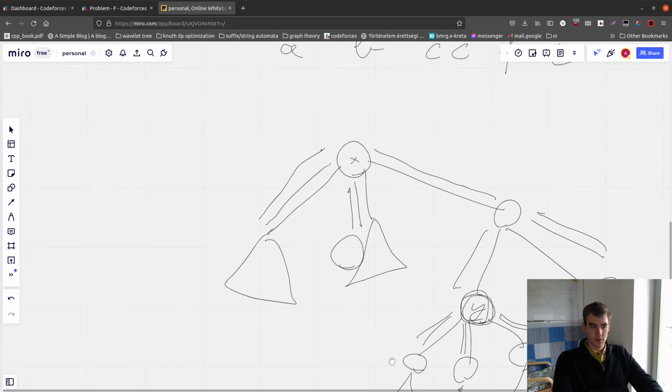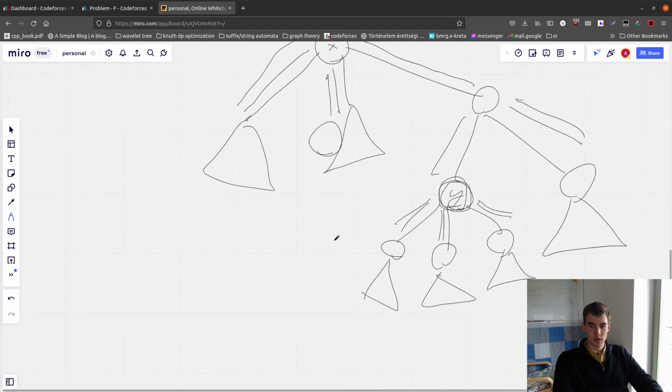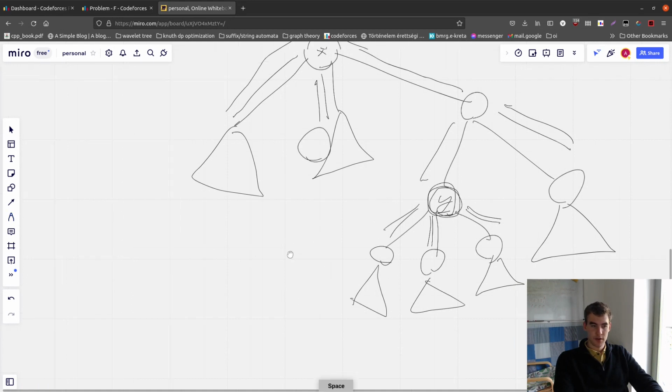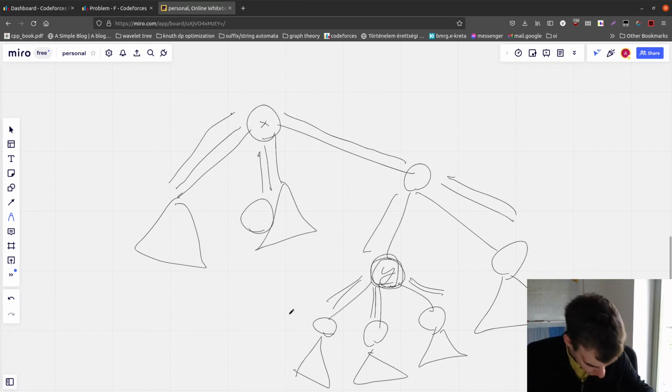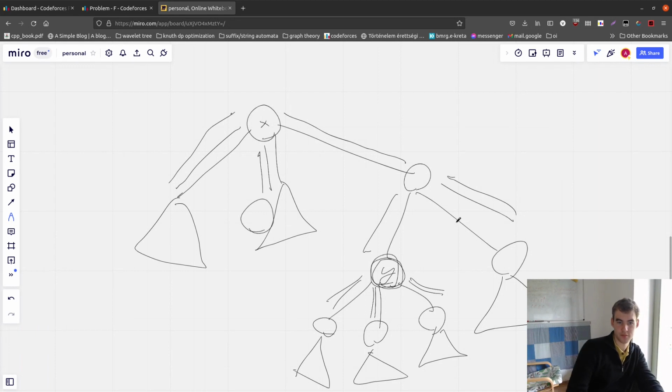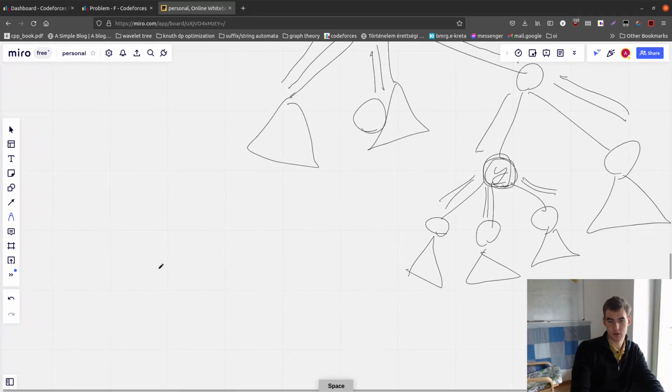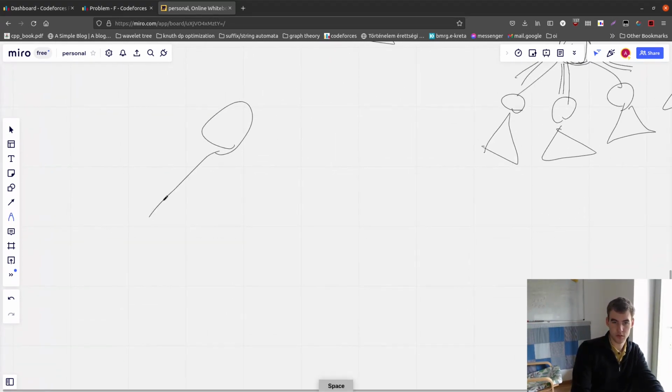So first I'm going to do in all subtrees, I'm going to store whether y is in that subtree and whether I need to do a job in that subtree. And when I'm in a subtree like this where y isn't anywhere,